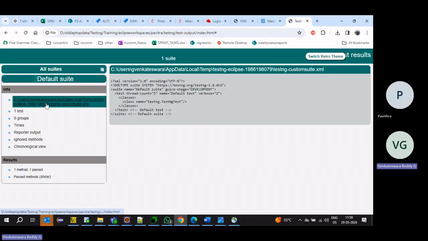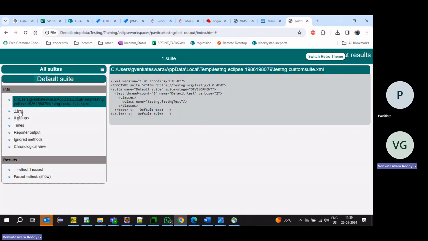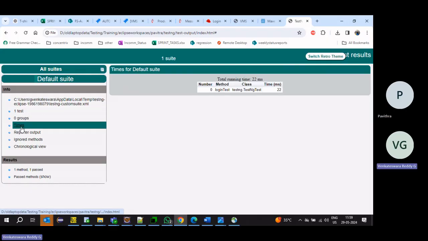Here we can see what TestNG file we have executed, and one test case is executed. There are no groups. Method is login test. TestNG class name is TestNG test. How many milliseconds it took.